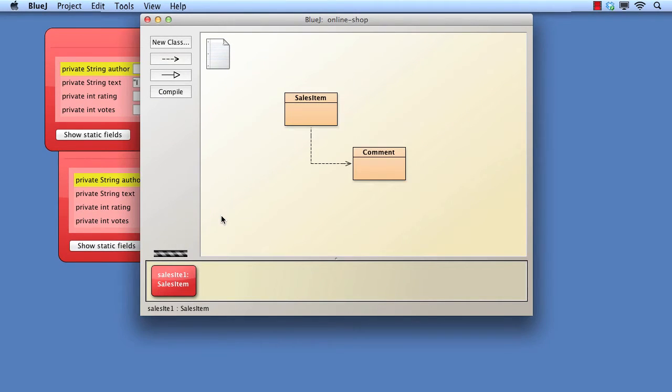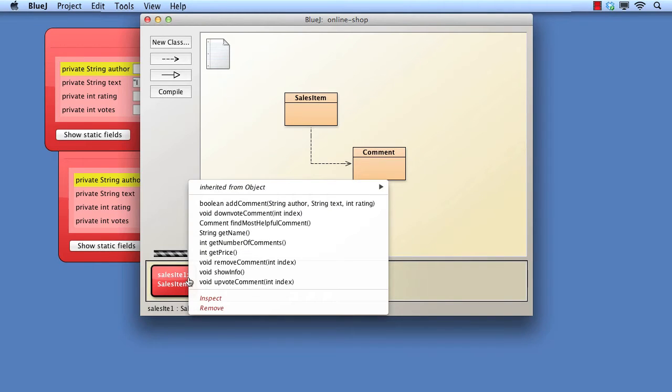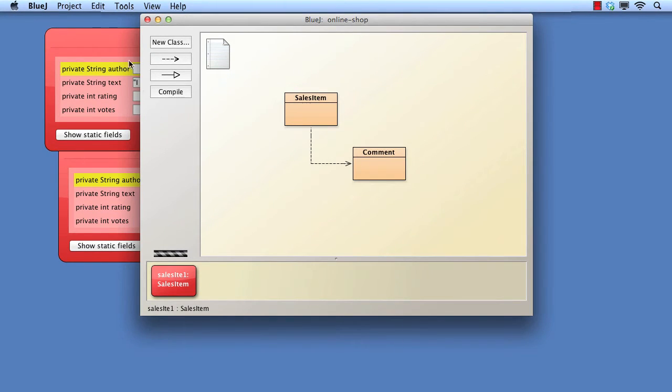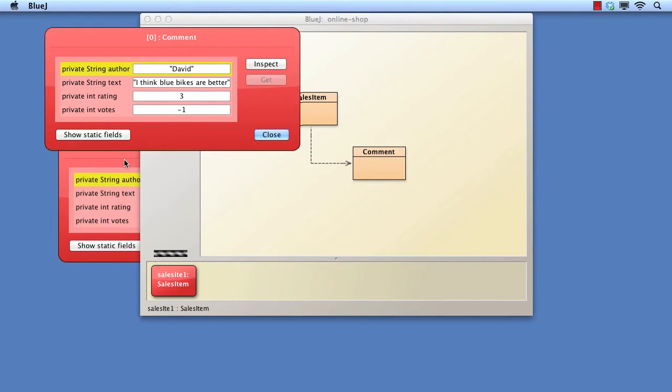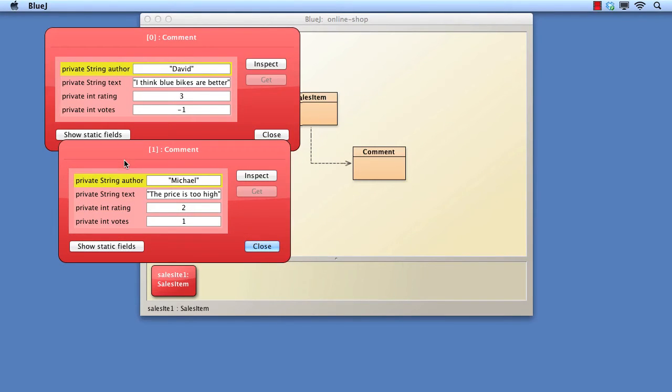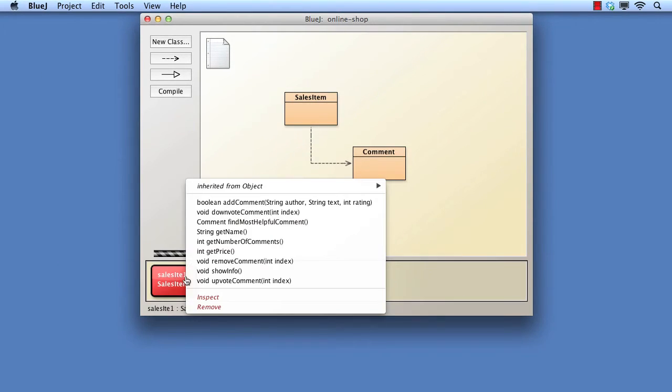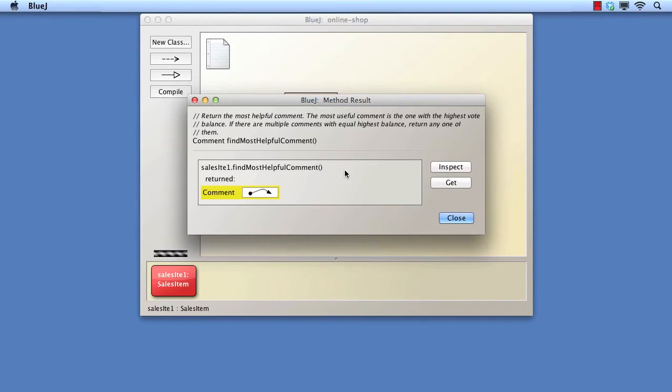If we downvote a comment or upvote a comment, we can see the effect in the inspectors. This now gives us a means to check the result of calling Find Most Helpful Comment.